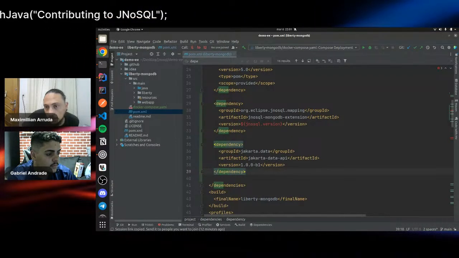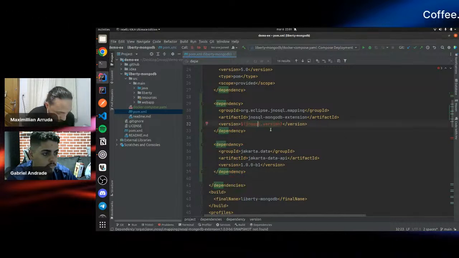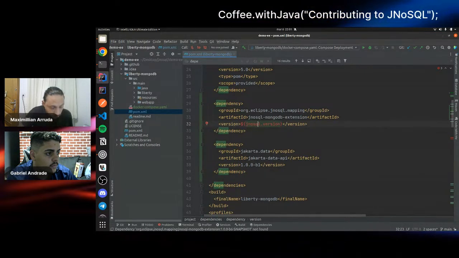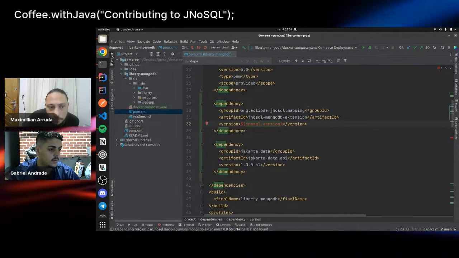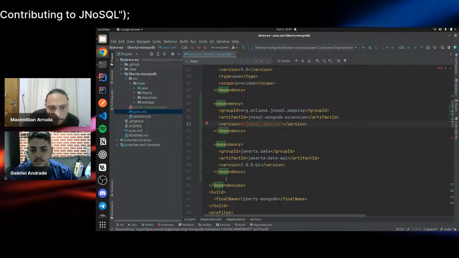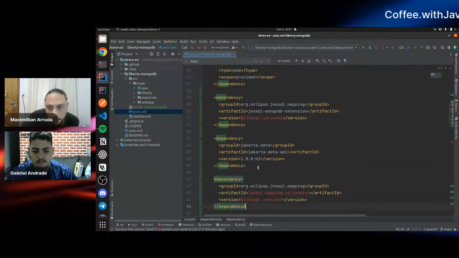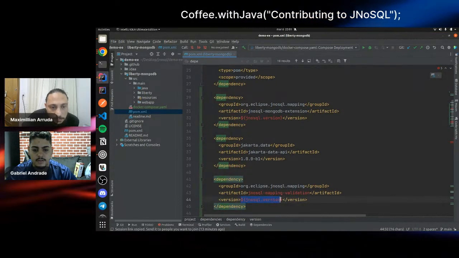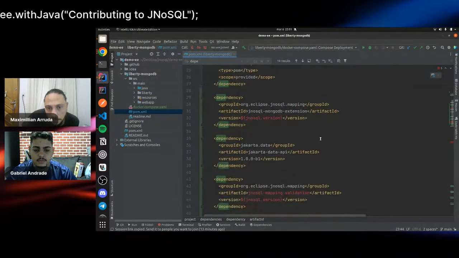The next one that I will send you is responsible for validation, to integrate Bean Validation with JNoSQL. It's the same version. Yes.